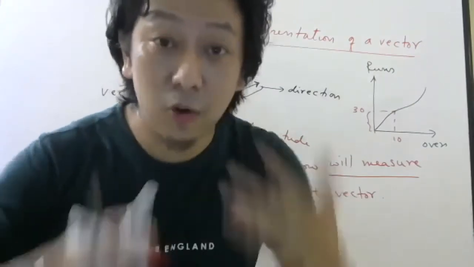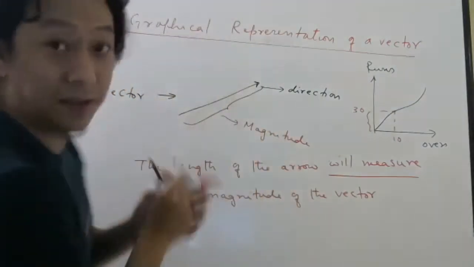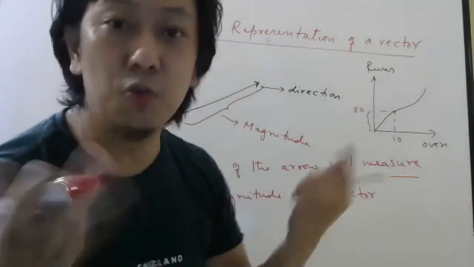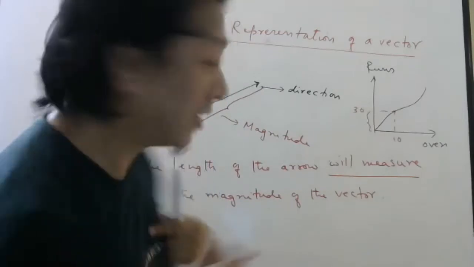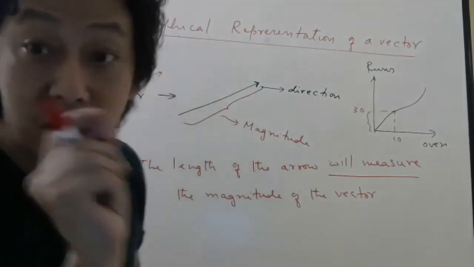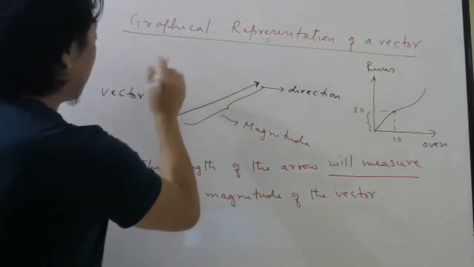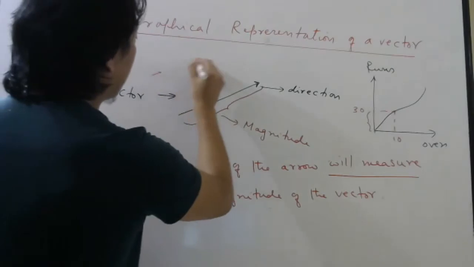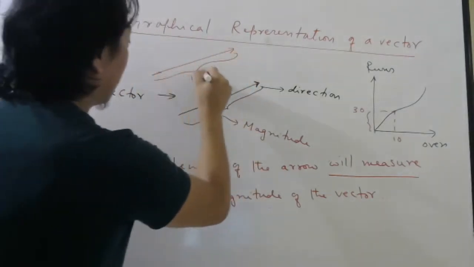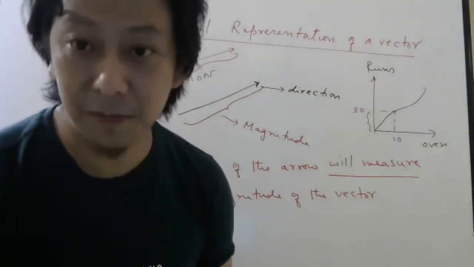Similarly, I can also represent force magnitude by this length, but we have to decide the unit, and that is up to us. Units are decided by us only, right? So you can choose this much length as 1 Newton. Then 10 Newton, how will you show? 10 times 1, 2, 3, 4, 5, 6, 7, 8, 9, 10. So this length will represent 10 Newton. Are you understanding, students? Have you understood this concept?